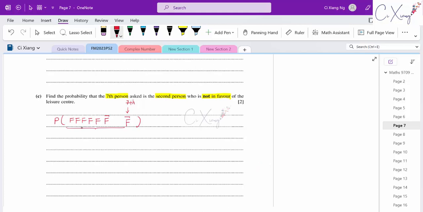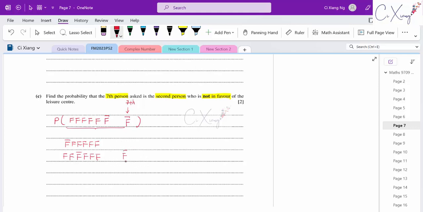Okay, so like what I told you just now, the first 6 persons here must have 5 in favor, 1 not in favor. But the not in favor one is not necessarily always the 6th person. It can be that the first person is already not in favor, then the remaining 5 are in favor. It can also be the first 2 are in favor, the third one not in favor, and then the remaining in favor also. So all the cases here still belong to the